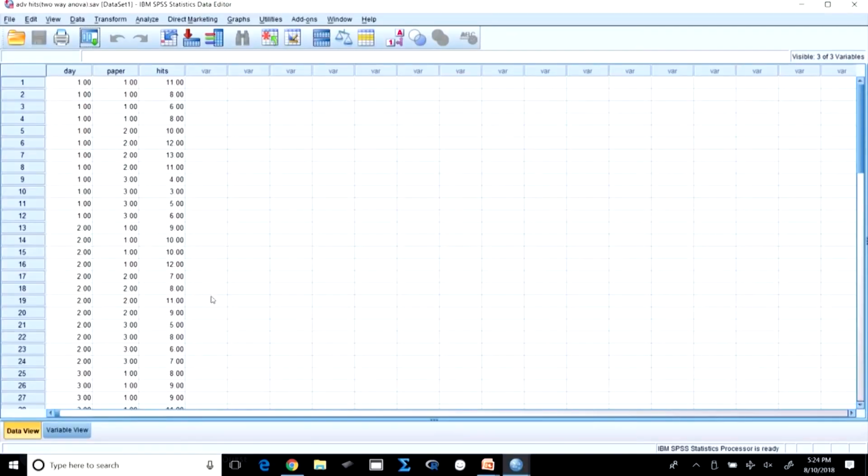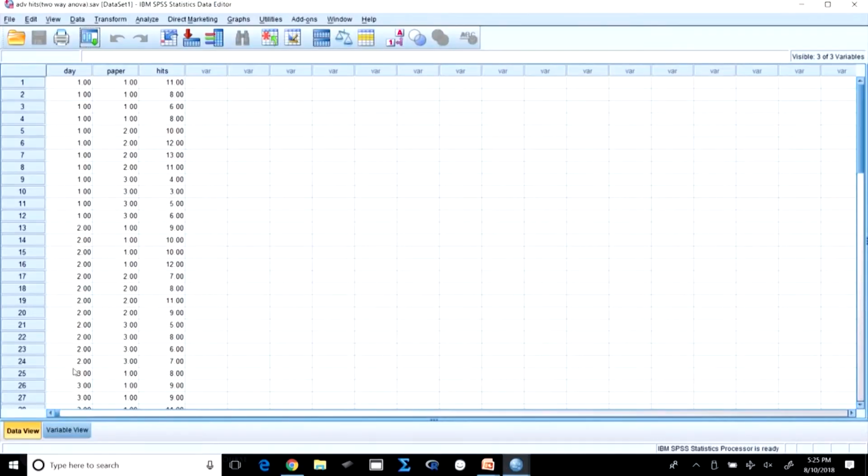Now, I will show you through this problem how to go for a two-way ANOVA test. This is a case where there are two things. One is the day on which the newspaper is coming, and the other is the type of paper. The type of paper could be a daily magazine, a daily newspaper, economic, weekly or something. There are 3 types of papers, 5 days in a week, and it has been tried to see whether the number